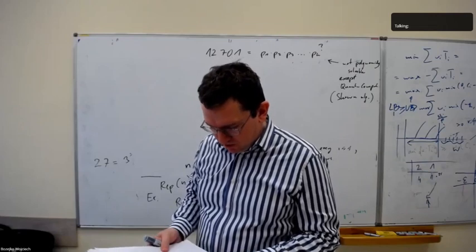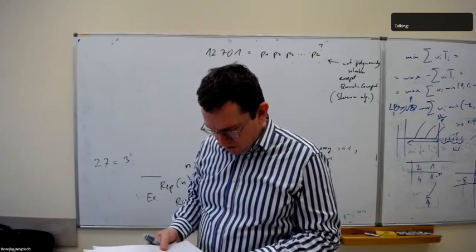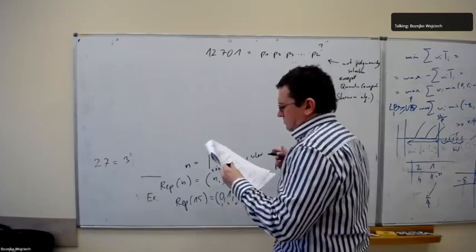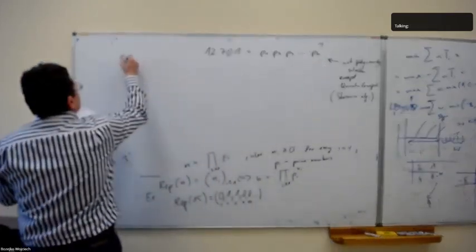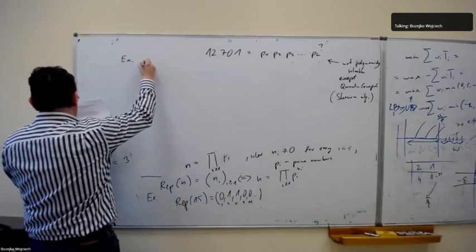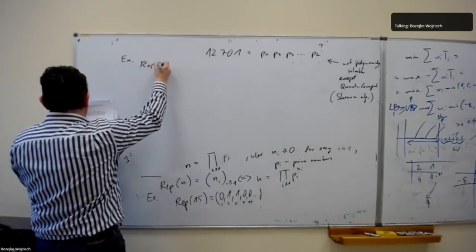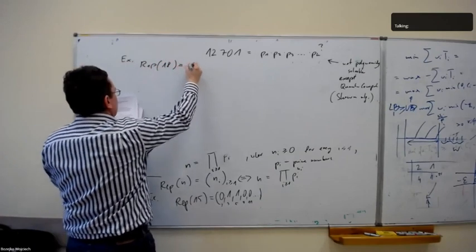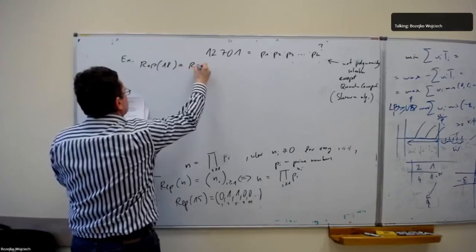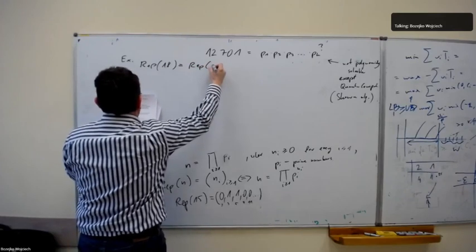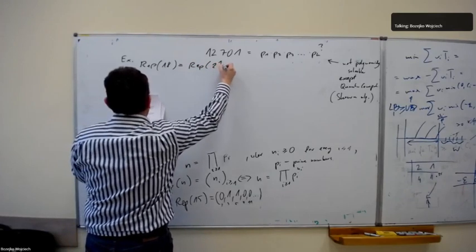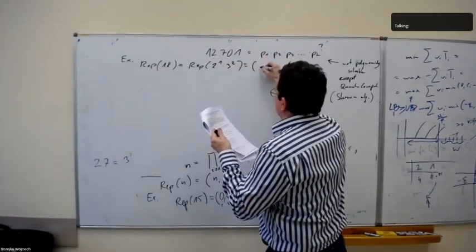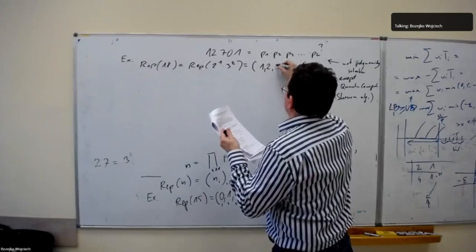Okay, so in such a representation, we can show some examples. Let us take, for instance, 18. So 18, this is 2 to the power of 1 times 3 to the power of 2. So we write it as 1, 2, and 0.